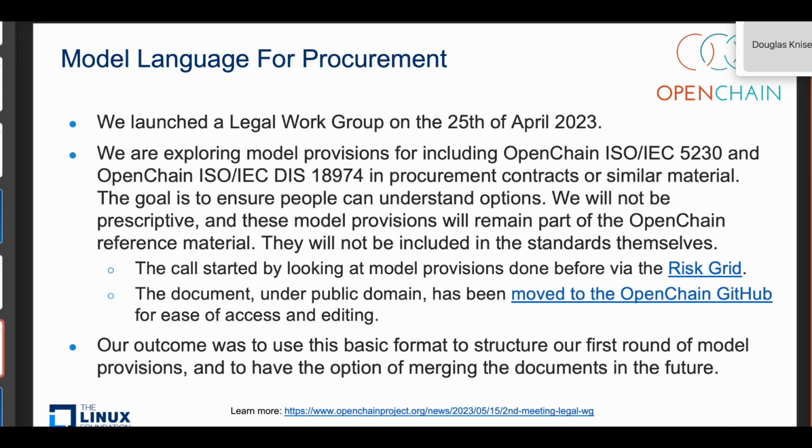And when it comes to areas like the legal domain, which is not just a hot topic for overarching standards such as OpenChain, but also specific SBOM questions, we've tried to help fill a market need there as well with a legal work group launching in Q2. Basically they're exploring the type of provisions which can be useful when talking about open source and procurement. It's the type of language that lawyers can use when they're trying to think, how do I ask my supplier to maybe use one of these standards? How can I think about the language for using an SBOM?